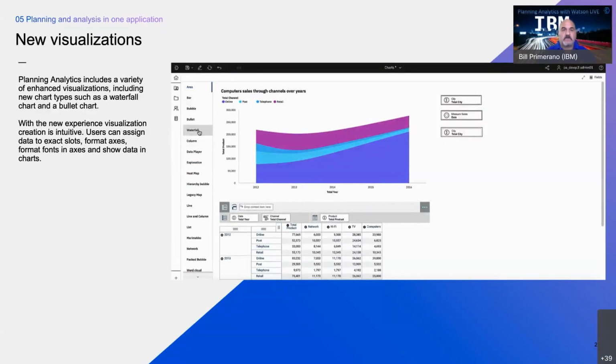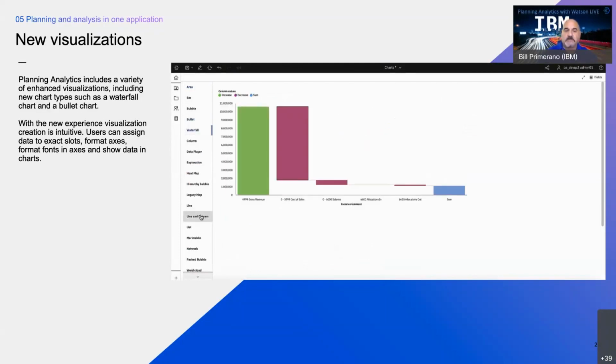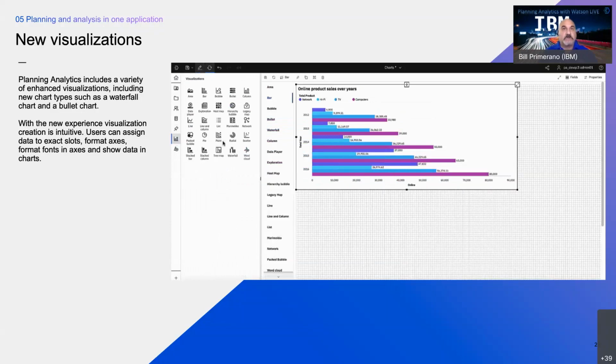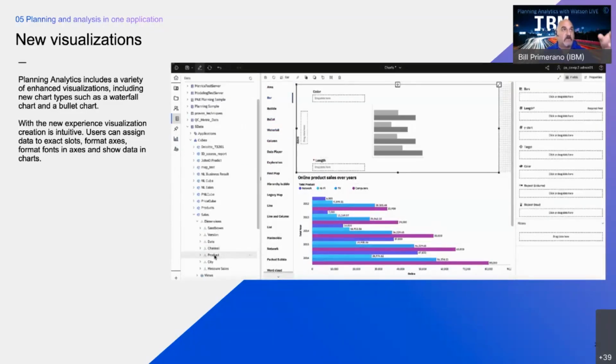And taking that one step further, we now enhanced really the new visualization. So we brought in a new visualization engine from our Cognitive Analytics Business Intelligence solution. This is going to enable an entirely new series of visualizations for that workspace user. If you want waterfall charts, well, now that's supported. If you wanted bullet charts or maybe some of the other charts that you see right here along the screen,